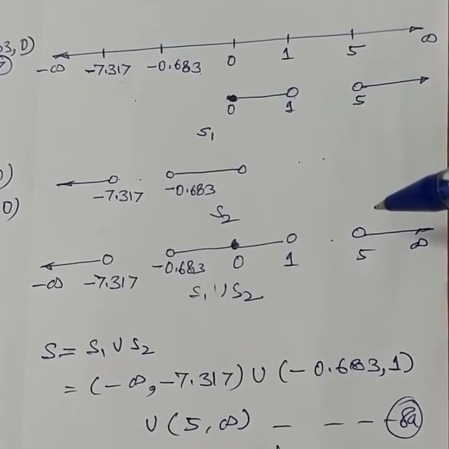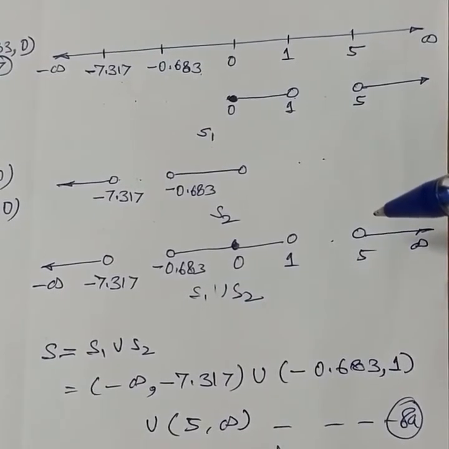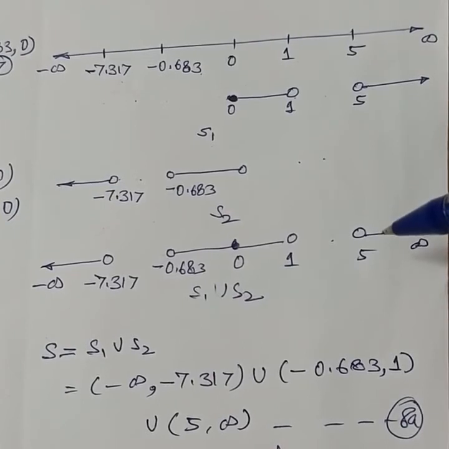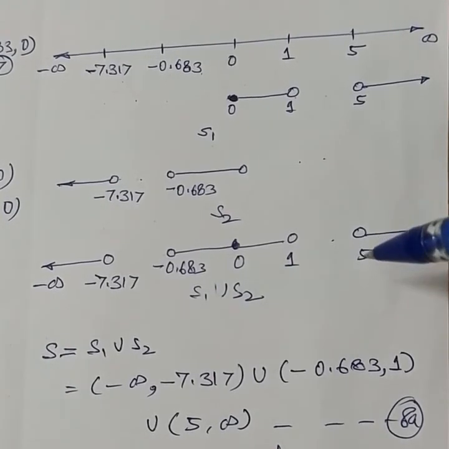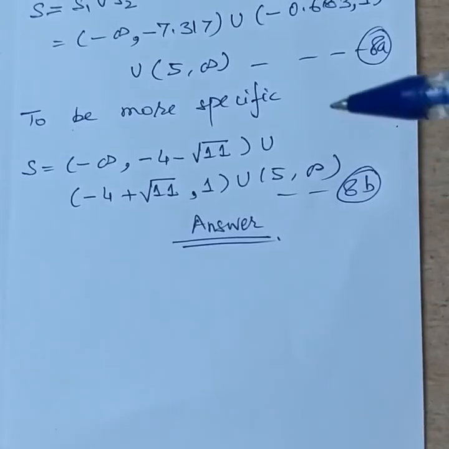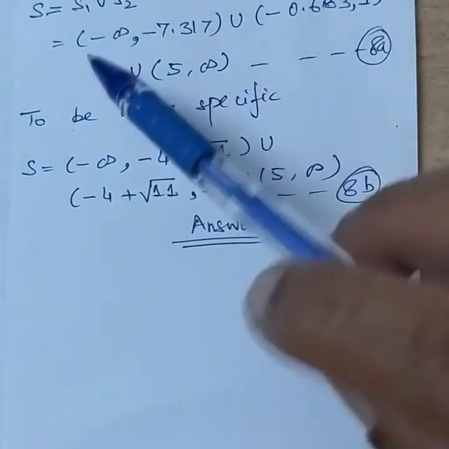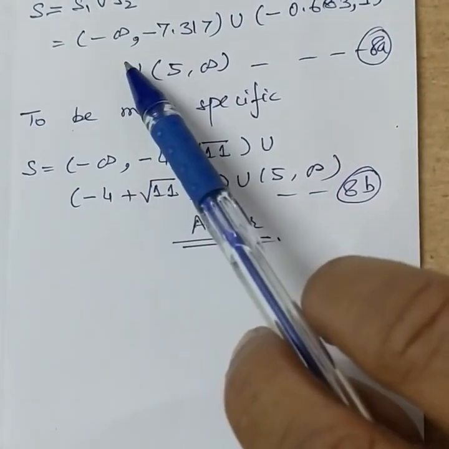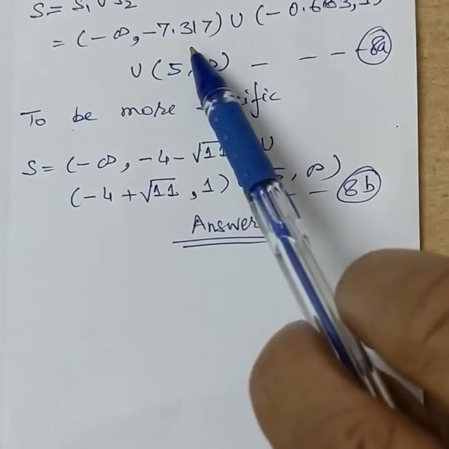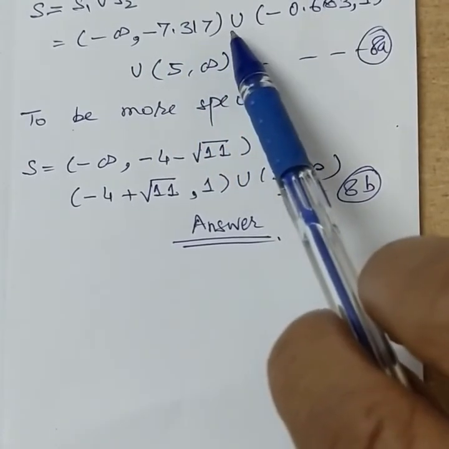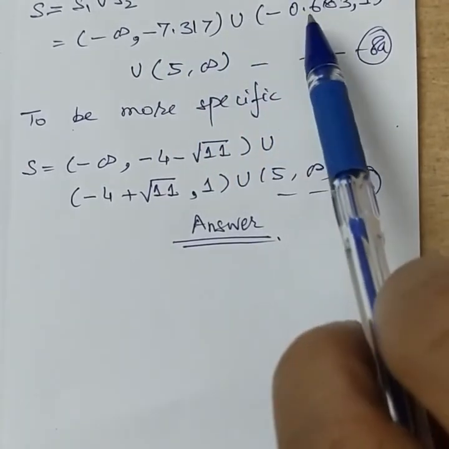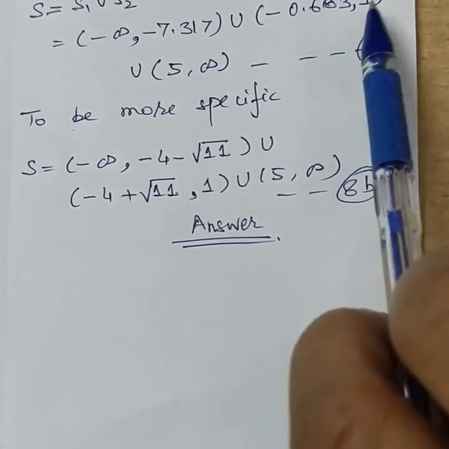Here I have derived the union set of S1 and S2 by the number line method. This method had been described in detail in earlier parts of the video. Thus, we have derived the domain set of the function f(x), which is minus infinity, minus 7.317 union minus 0.683, 1,